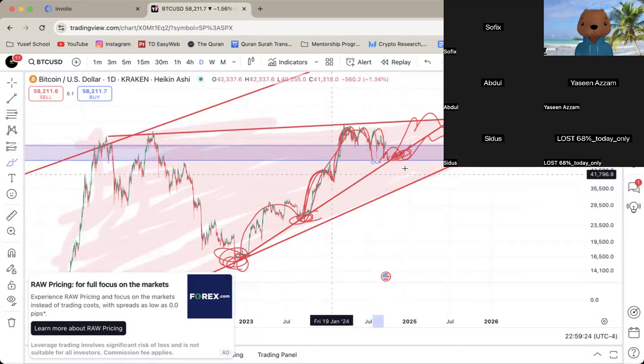Why? Because we're in an uptrend. Okay? We are in an uptrend. So the last 6 months, we were in an uptrend. We're still in an uptrend. The last 6 months before that, we were in an uptrend. So the previous 2 periods are what? Are bullish